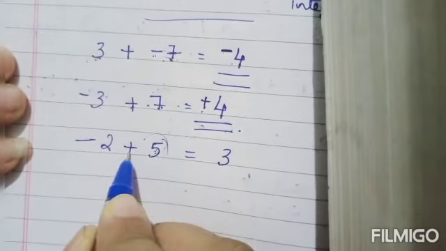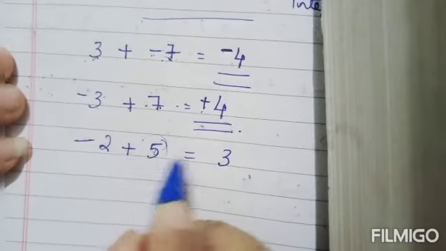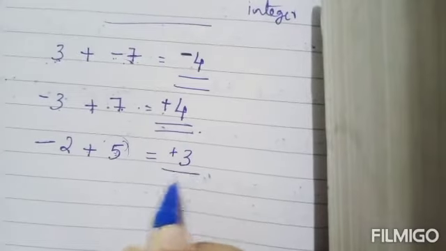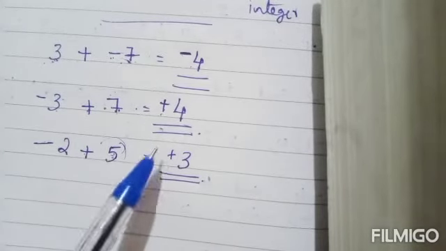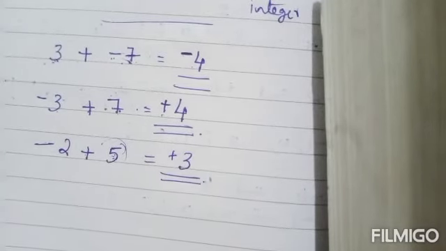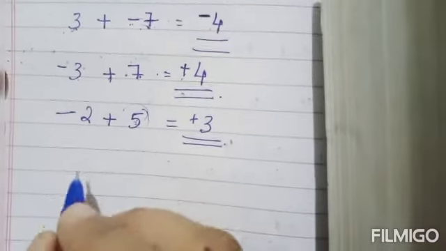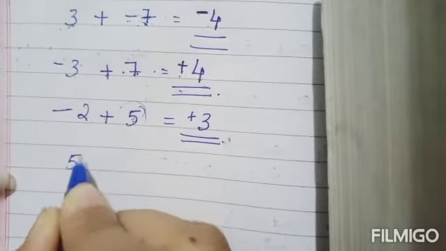Sign of 5, what is it? Plus. So in the answer also plus will come. Positive 3 is the answer. Okay, if it is 5